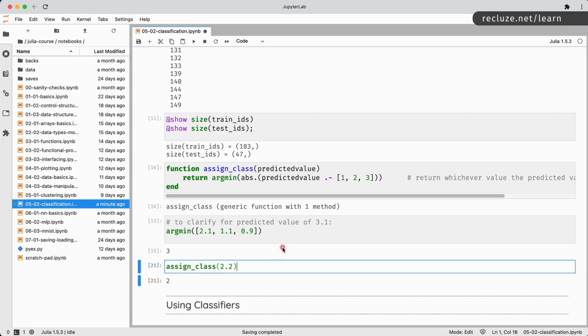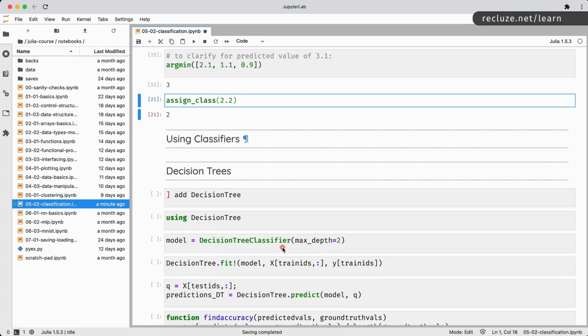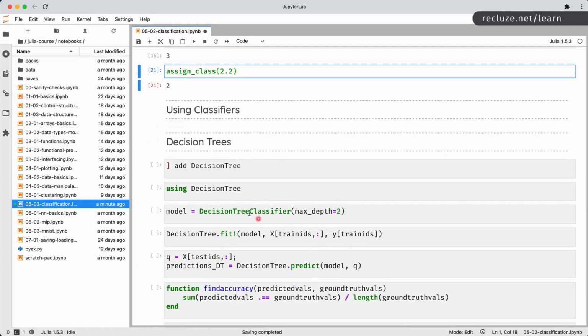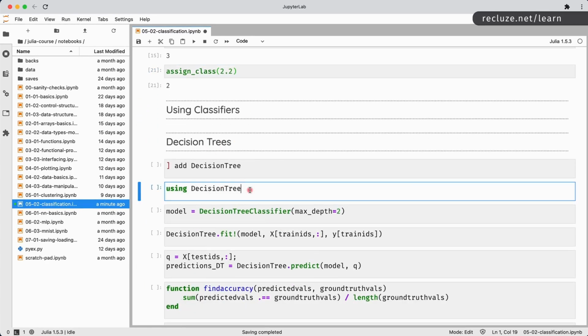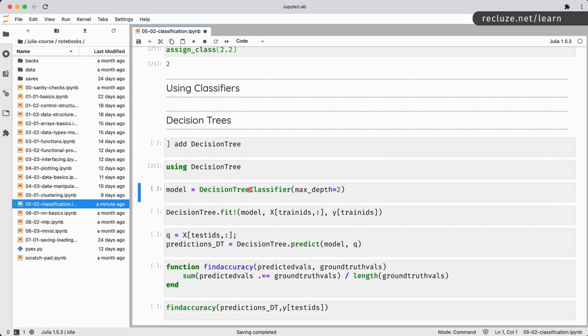Now let's go ahead and do the actual usage of classifiers. So first we're going to use the decision trees. So it's very straightforward now. So you're going to do decision trees, and the model is going to be decision tree classifier with a max depth of 2. So if you don't know what a decision tree is, you can look it up and you can study the model, but it's a very powerful model. It's very useful. For us here, it's not important what the decision tree algorithm does and how it works.